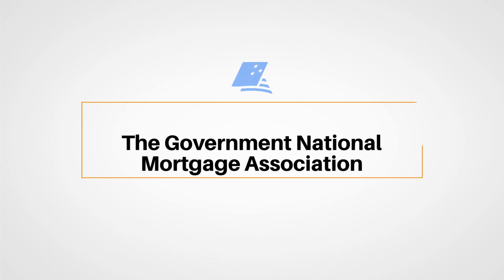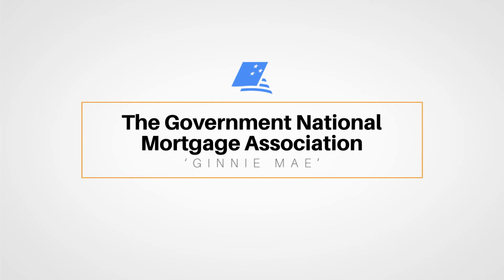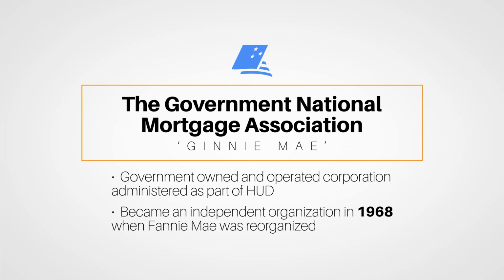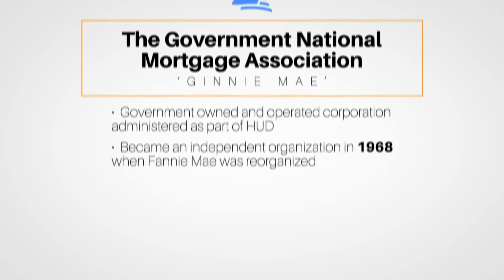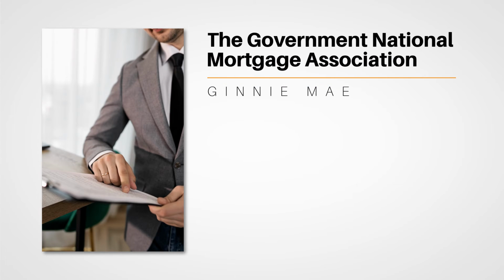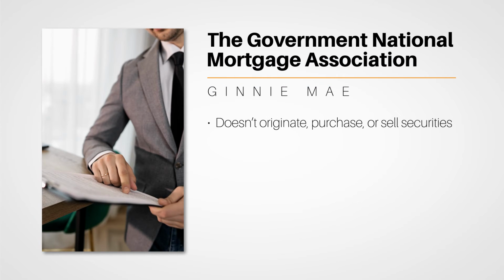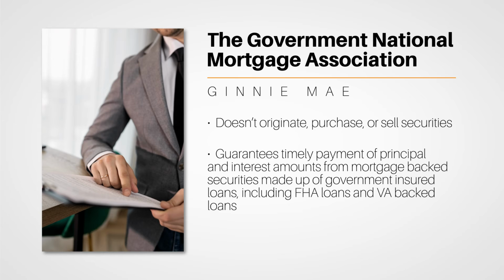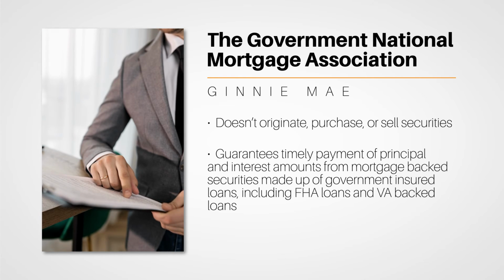The Government National Mortgage Association, or Ginnie Mae, is a government-owned and operated corporation administered as part of HUD. Originally part of Fannie Mae, Ginnie Mae became an independent organization in 1968 when Fannie Mae was reorganized. Unlike Fannie Mae and Freddie Mac, Ginnie Mae doesn't originate, purchase, or sell securities of any kind. Instead, it guarantees timely payment of principal and interest amounts for mortgage-backed securities made up of government-insured loans, including FHA